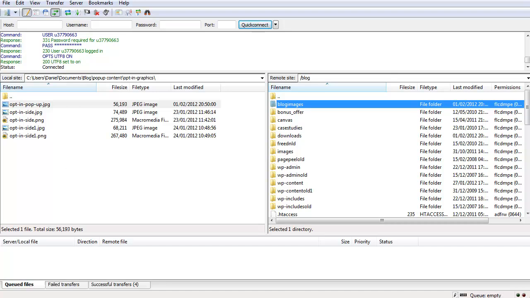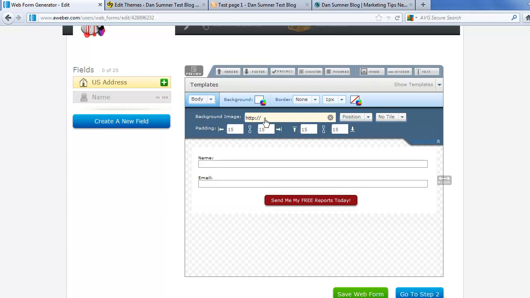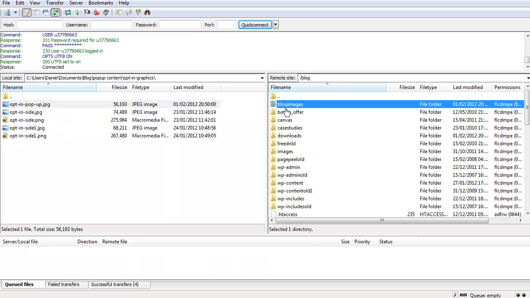So what we need to do is just go back to Aweber, and now I know my location is www.dansfromtheblog.com/blog images/ now just take a look here in the blog images folder,